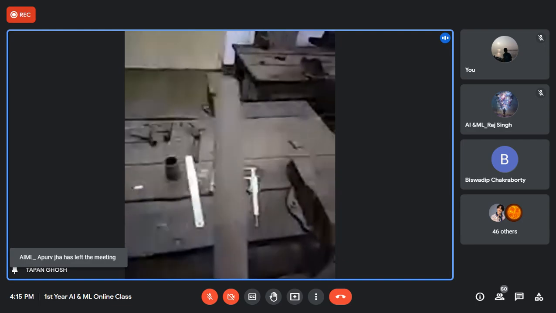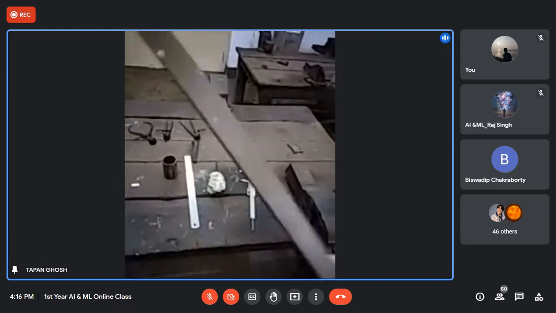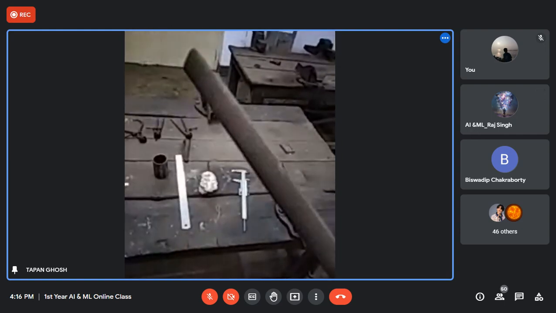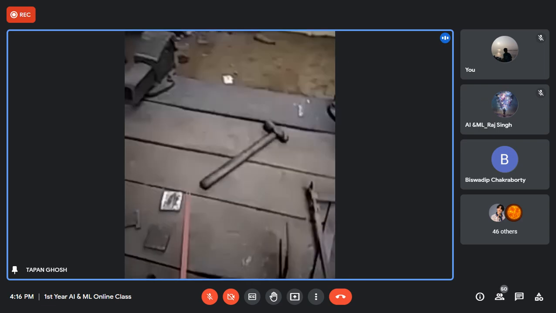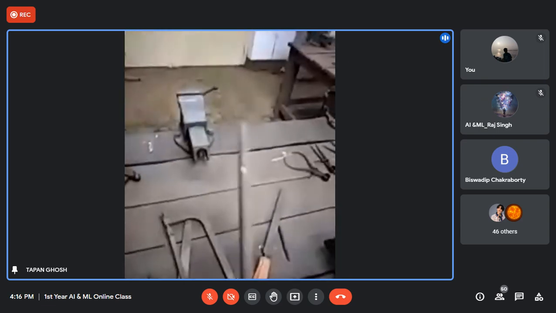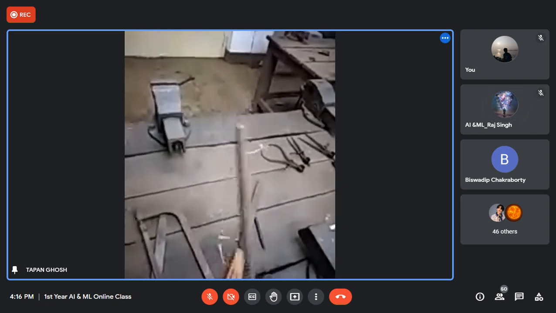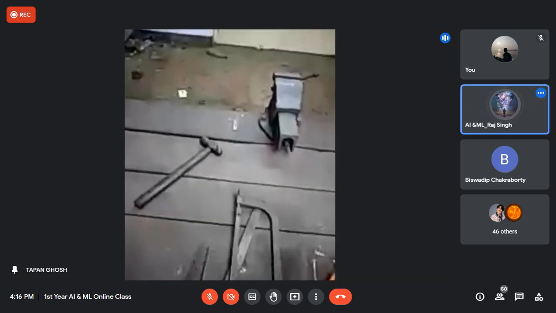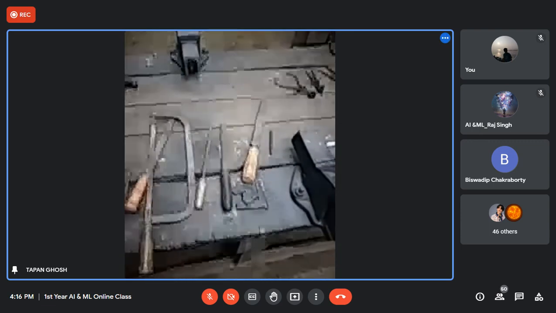So when the hole is bigger, you use this semicircular. When the hole is very small, you use this round file. Clear? Yes, sir. That is why in different places you have to use different files. Any other questions?